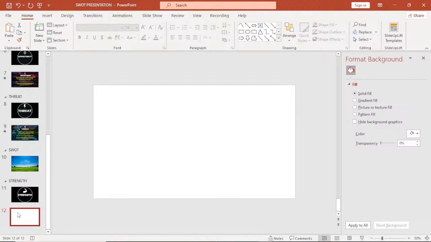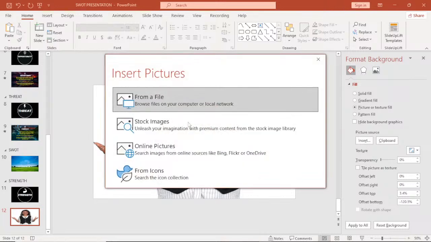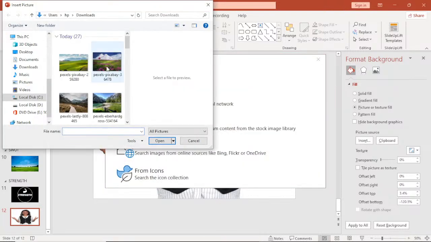So on this, once you add this particular slide, you need to go to your slide and then right click, go to format background. Once you come to format background, you select this. Once you select that, it will bring a picture of what you have before, but you are going to go here. If you have a picture in your file, you select. Let's bring in